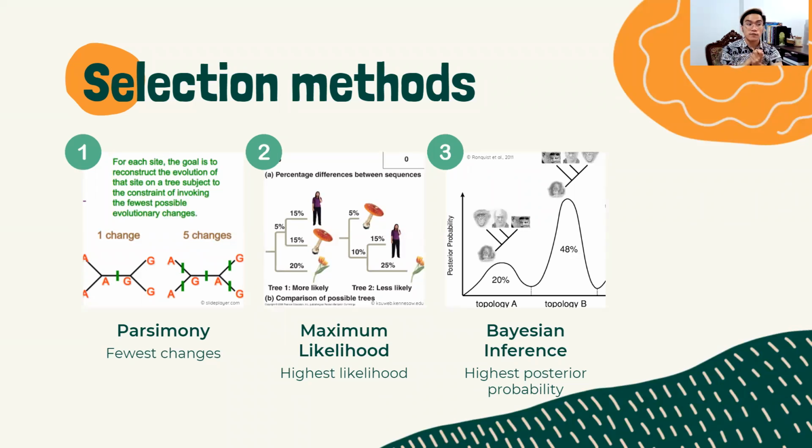So for example, with our example earlier, if a character state changed from yellow to red, and then a character changed from 4 stamens to 2 stamens. Remember that those characters you can just count, right? The number of changes in those character states across the tree. You can count them, and then, using parsimony, the tree with the fewest number of changes will be selected as the best tree that could represent the evolutionary history of the OTUs.